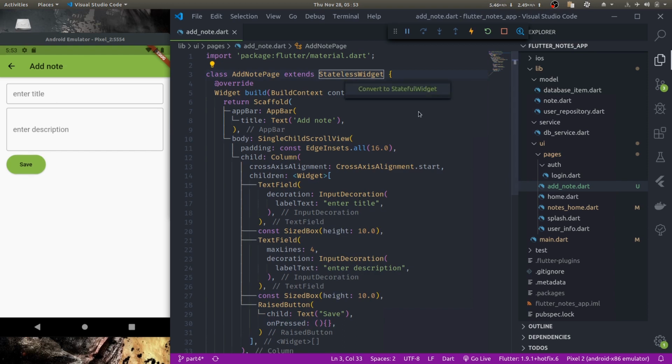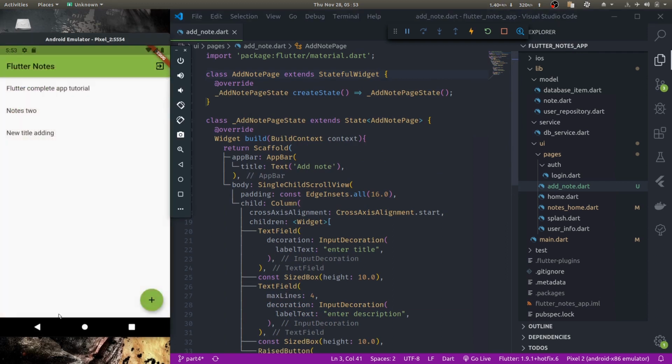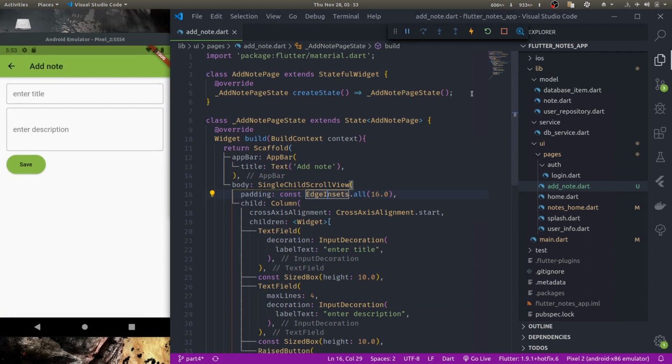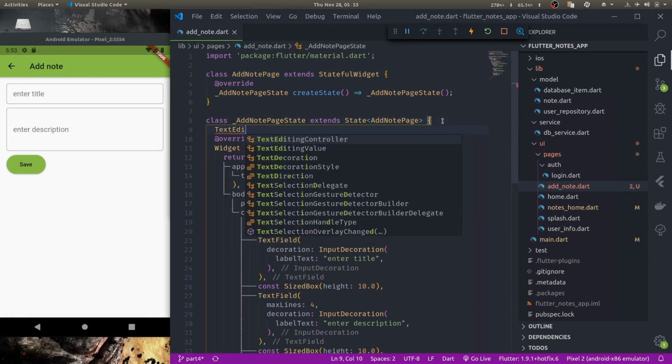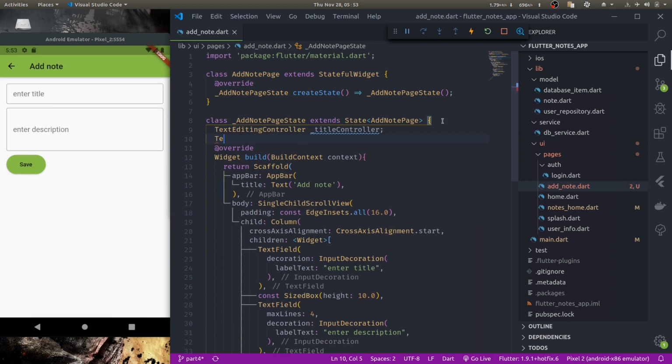So first let me convert this to stateful widget. It will give us an error. Let's go back and load it again. Okay, and let us create controllers for our text field. Text editing controller, title controller, description controller,